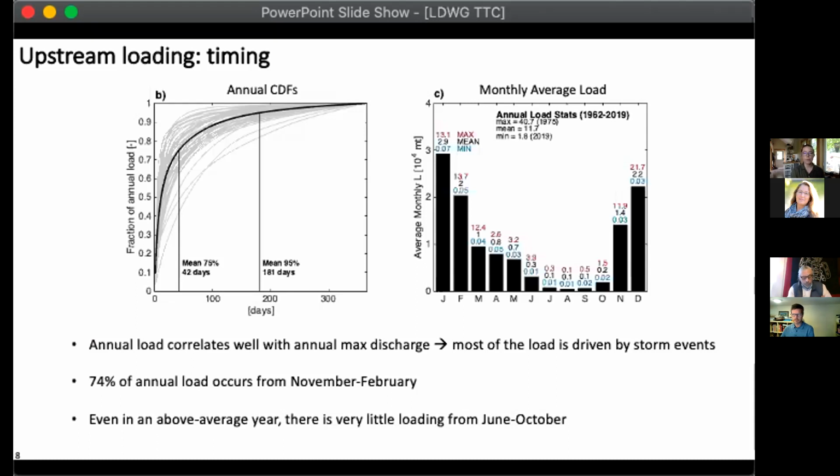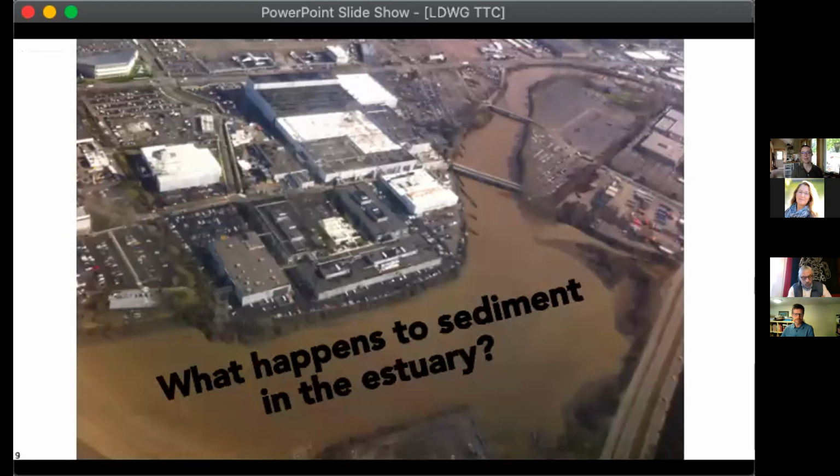So armed with a better understanding of how much and when sediment is delivered to the estuary, Alex and I were really interested in what happens to it inside the estuary. And this is a picture of the estuary. You can see the turning basin and Boeing and a little bit of I-5 in the lower right corner. And this was taken in February of 2012 by Alex, amateur aerial photographer, on his flight back from a conference